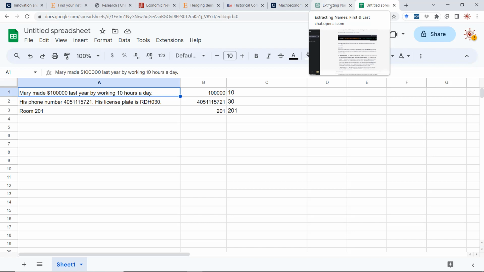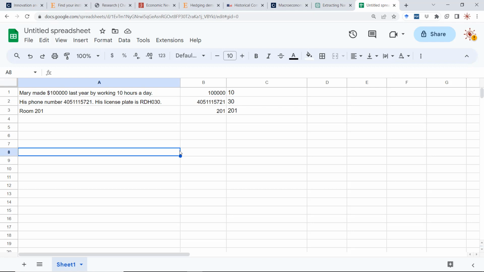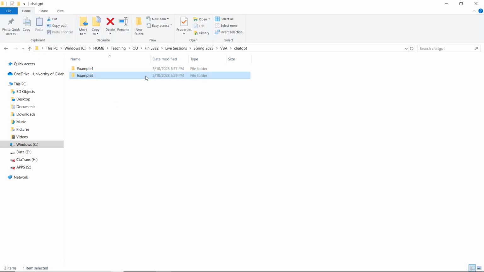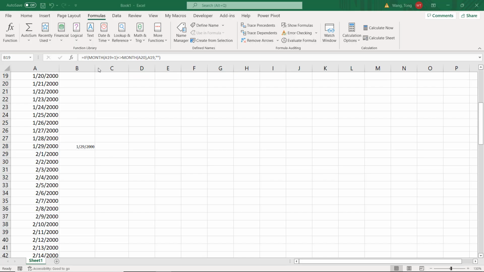All right. So the last example I want to share with you is how to ask ChatGPT to write VBA code to achieve certain tasks. Right. So if you want to follow my example, I have two examples here. In example one, I built a folder, and there are two files in the folder. There's file one. If you open the file, it's just